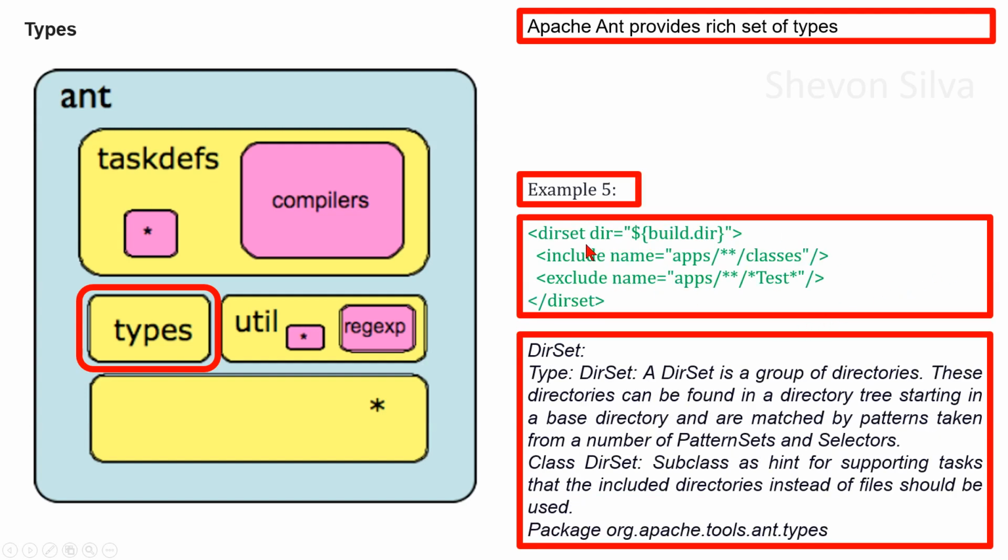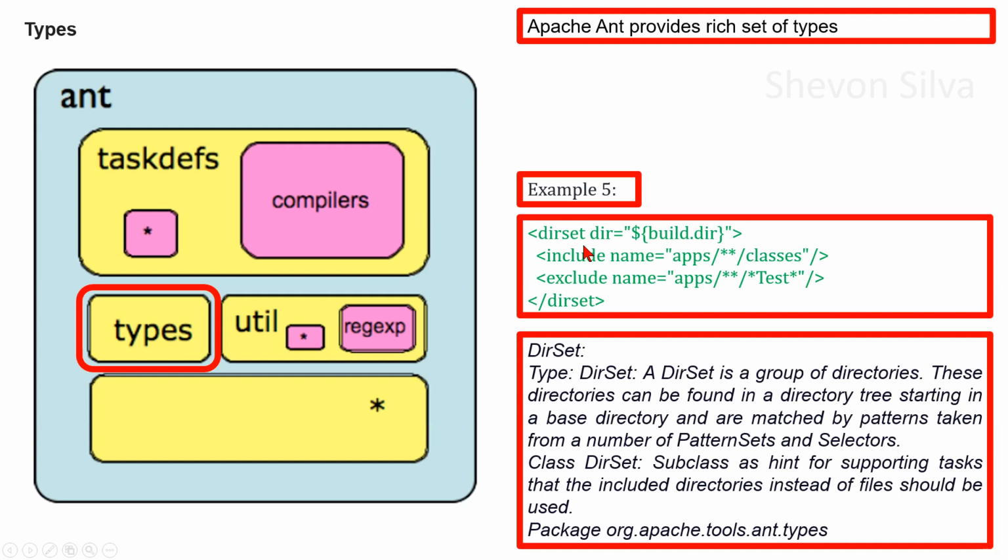Now we are considering dir set. The type dir set. A dir set is a group of directories. These directories can be found in a directory tree starting in the base directory and are matched by patterns taken from a number of pattern sets and selectors. With regard to API, we can consider class dir set, a subclass serving as a hint for supporting tasks that the included directories instead of files should be used. This is in the package